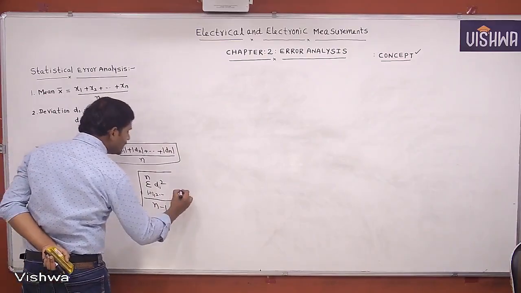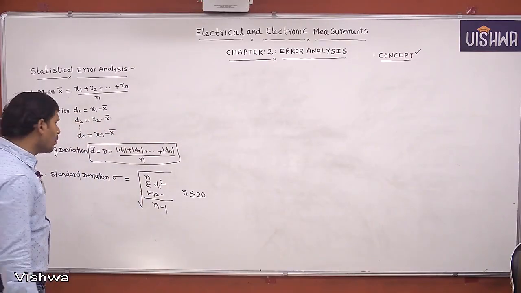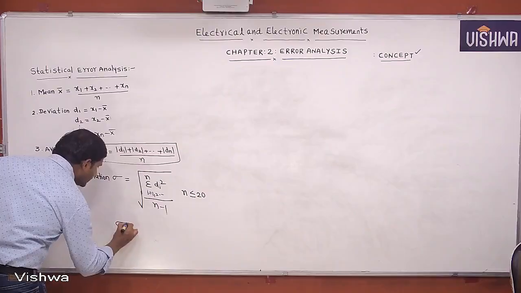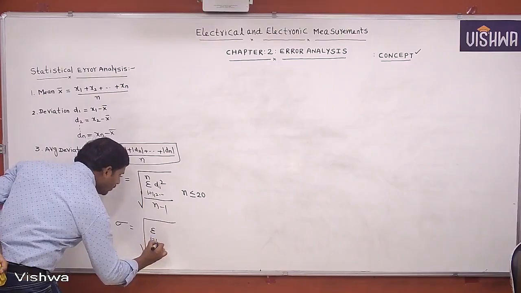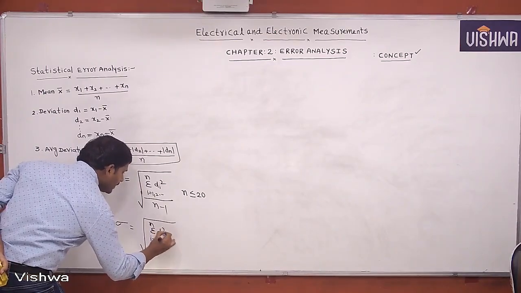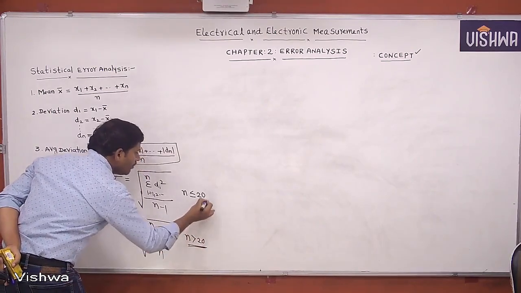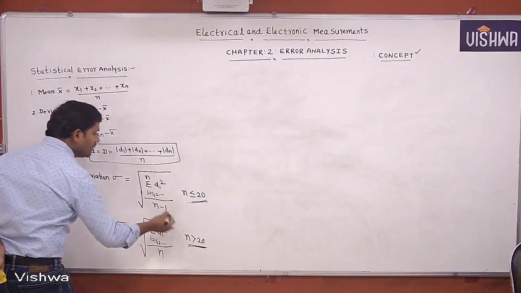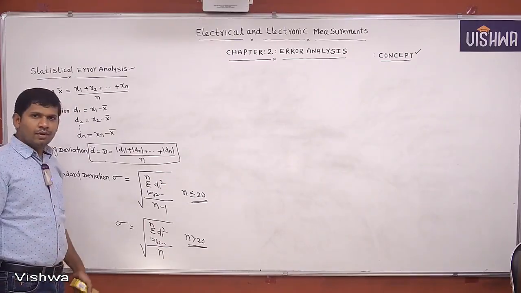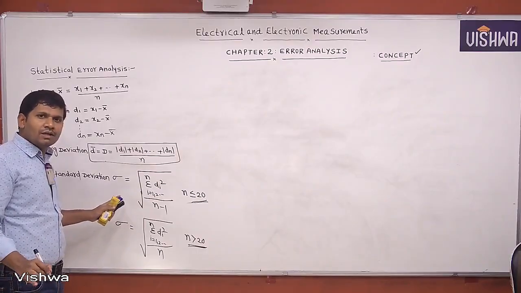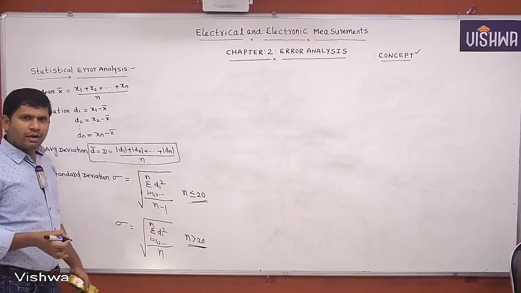Next, how to write this? If you want to write this formula for n less than or equal to 20, for a finite number of readings, you also write standard deviation like this, square root of summation i equal to 1 to n di square by n. This formula you can give for n greater than 20. For n less than or equal to 20, the n minus 1 formula gives the best results. For n greater than 20, this gives the best results. Okay, then this is the standard deviation. These formulas you already know even in mathematics also, but here I am listing out some formulas to do the analysis in statistics. Okay, next,